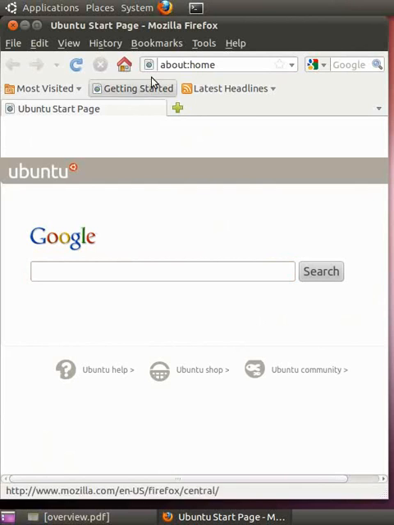For that, go to address bar or press F6. I am pressing F6 now. Yep, I am in the address bar. Now I press backspace to clear the address bar. I type